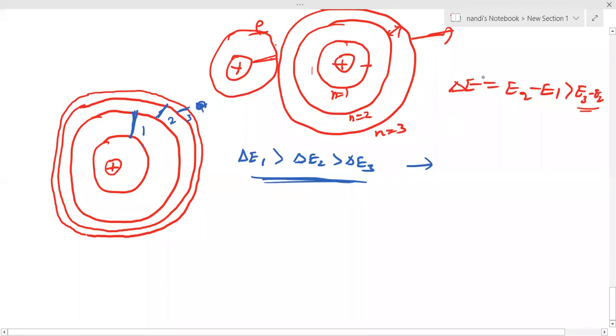Yes, Vijay Rubesh, you are correct. When energy decreases, the wavelength is going to increase. Energy difference decreases means wavelength is going to increase. Wavelength difference is going to increase. Correct. Lambda and energy are inversely proportional, that is the reason.